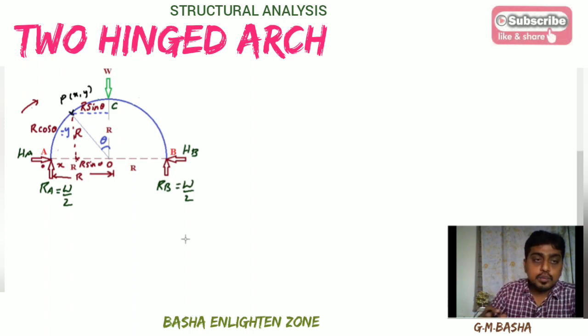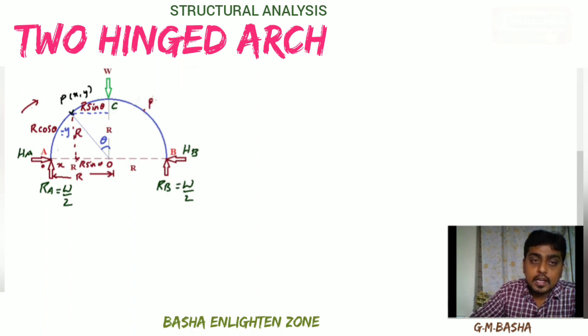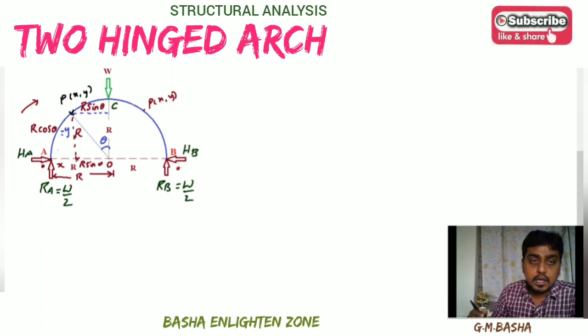See here, if you observe clearly, here you will get one note point. So here this is a symmetrical arch. Here we are considering a section xx at a distance of x from the left origin point A. In the same way we can consider the point from the right part, that is point P (x, y) from the right side, taking the origin point as B, and again we have to do the same